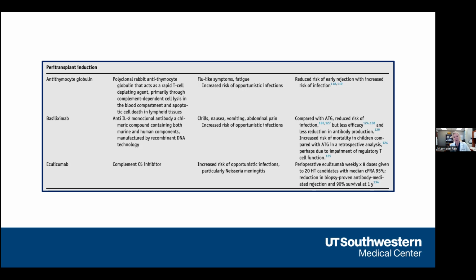peri-transplant induction strategy, and often you'll see a desensitization manuscript, but they'll just sort of stop it at time of transplant, or pherese the patient and bring ATG and go into the OR. And they never really talk about what happens afterward. And we know how critically important that is, especially when you need to turn to something really dramatic, like eculizumab or a complement C5 inhibitor, to wipe out antibodies that are